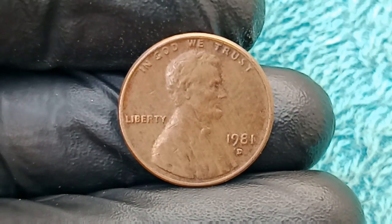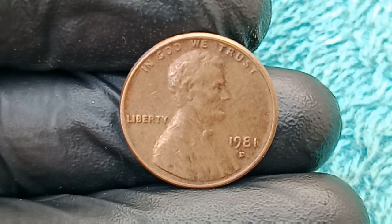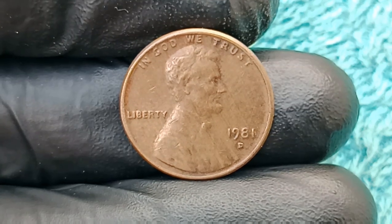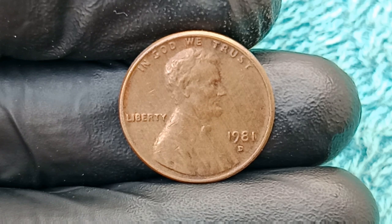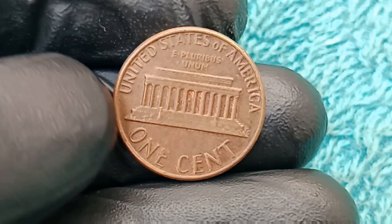Secondly, the coin shows signs of a broad strike error, indicating it was struck without the retaining collar that normally keeps a coin's diameter in check, resulting in a slightly wider and flatter shape than normal, while still retaining all details in remarkable clarity. And third, the mint mark D was discovered to be an RPM, or repunched mint mark,